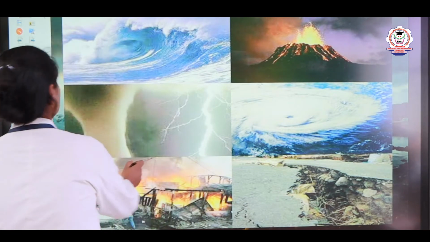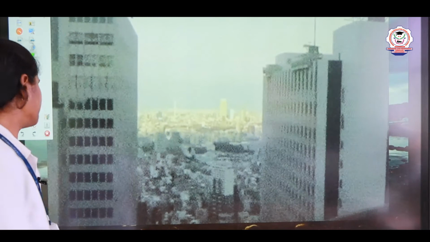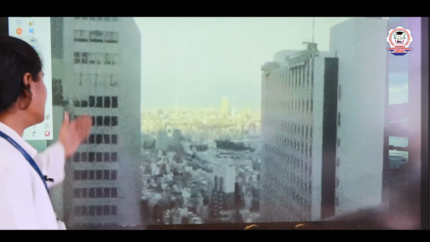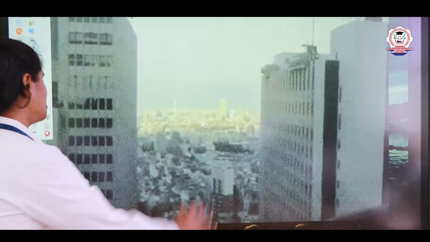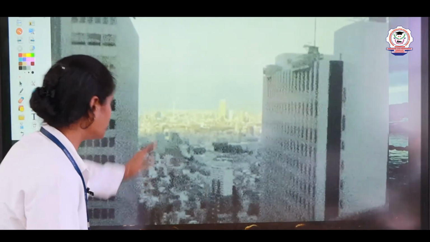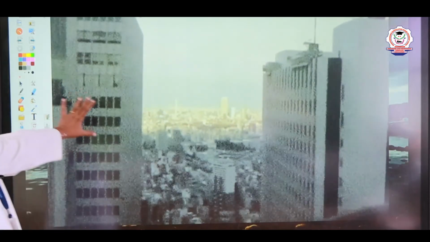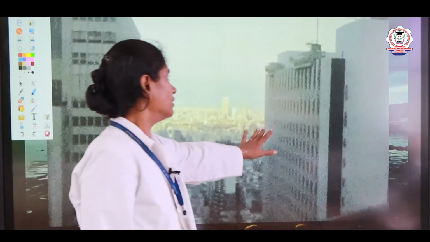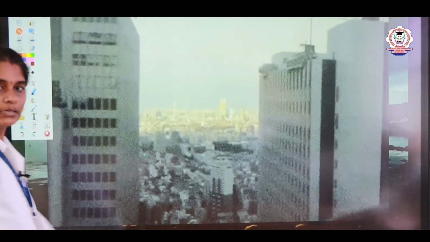Now, first we will see about earthquake. So, what is earthquake? So, earthquake is nothing but a sudden shaking of the ground. Okay, so there is a sudden shaking of the ground due to the movements and vibrations beneath the surface. So, here you can see the buildings are shaking because of the earthquake. The buildings will be shaking or sometimes they will collapse, they will fall down, right. So, how does this earthquake occur, right.